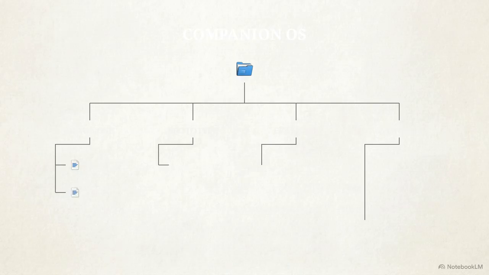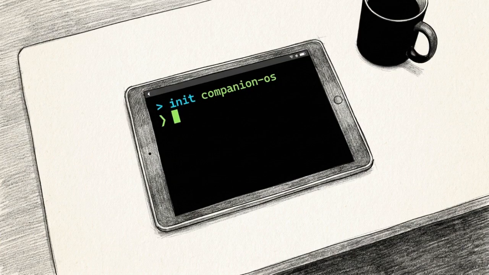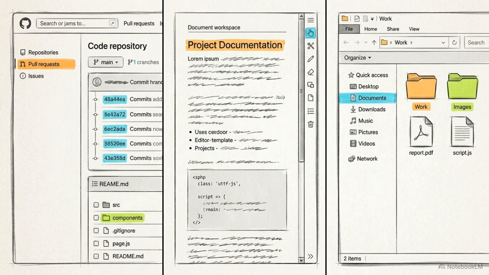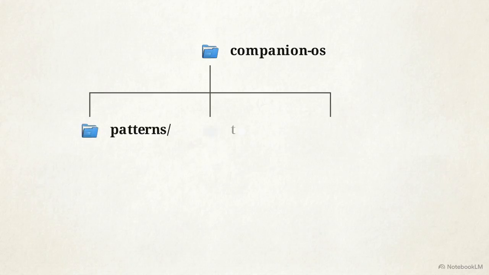Pick one specific prior engagement to document. Create a root directory called Companion-OS. Inside it, build 3 essential subfolders: Patterns, Templates, and Engagements. Inside the Engagements directory, create a specific project folder to house today's work. This exact layout ensures every future project starts with a frictionless, standardized foundation, rather than forcing you to stare at